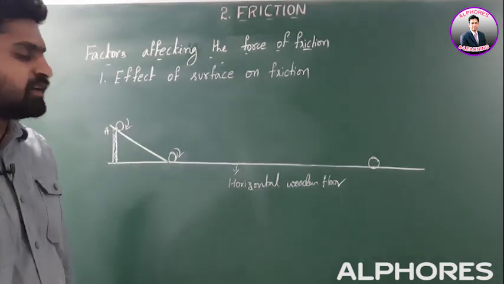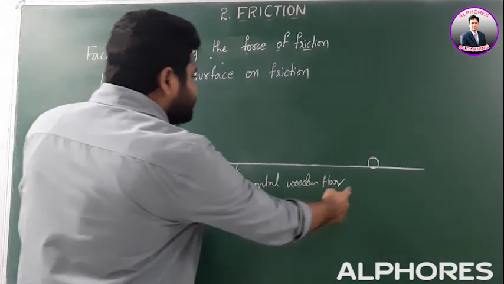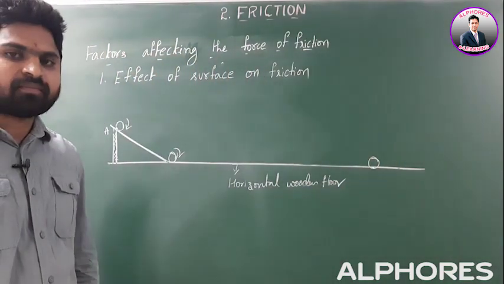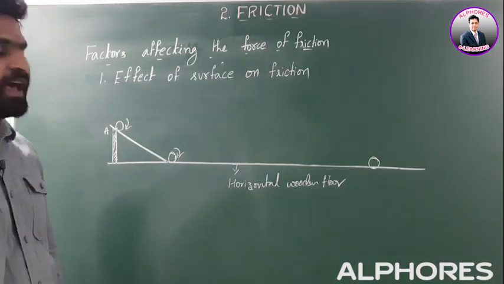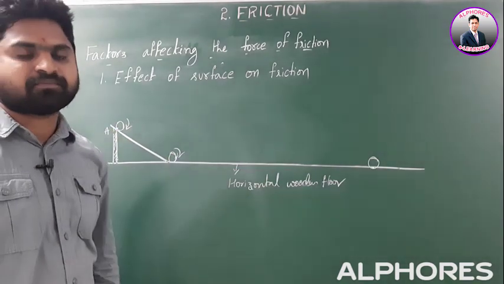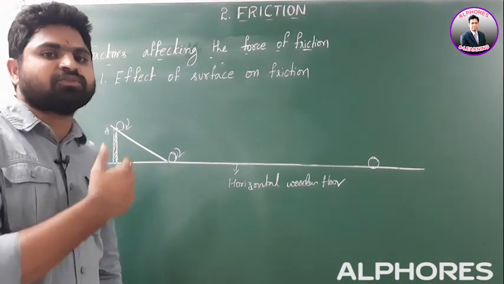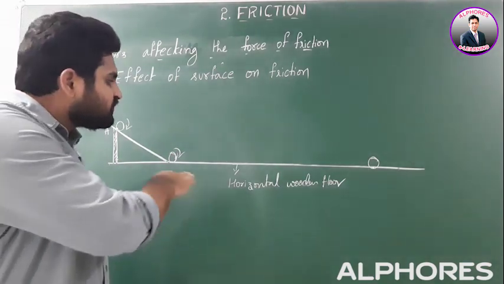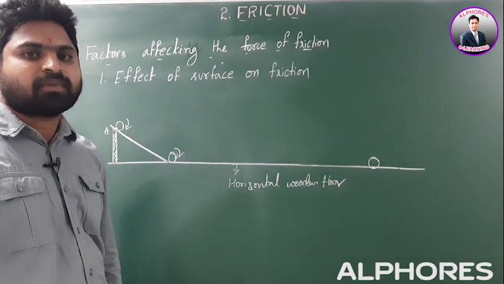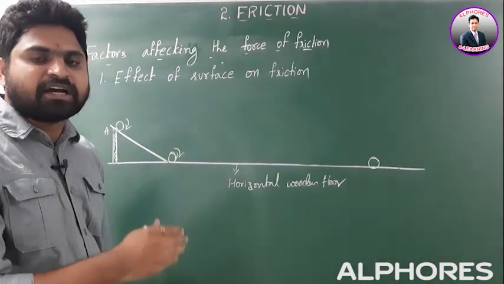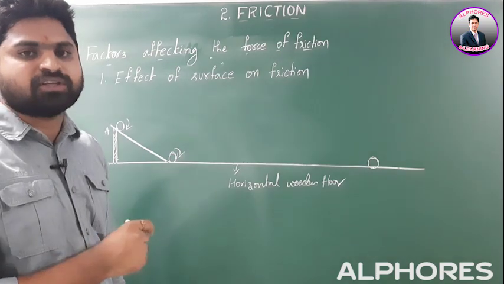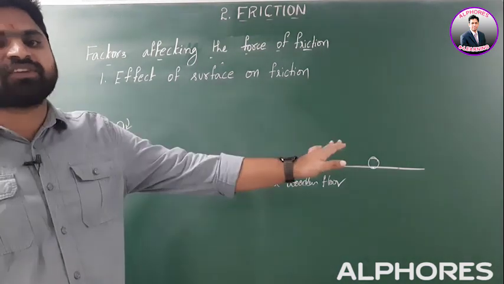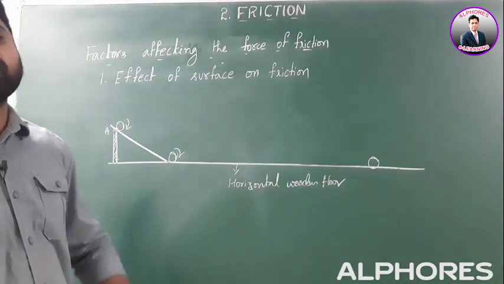Now second case: over this horizontal wooden floor you arrange a cloth. Now repeat the same process. Allow the ball to roll down on this cloth. Now, what did you observe from these two activities? The ball rolls over the horizontal wooden floor and covers a longer distance when compared to the cloth.